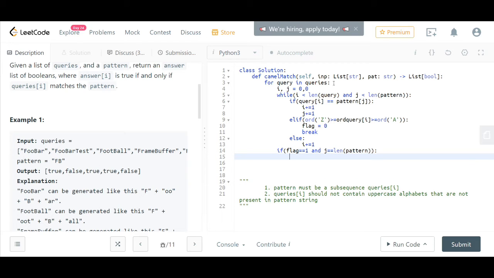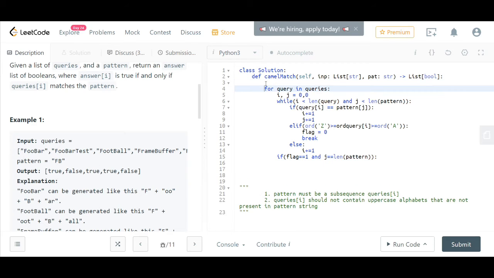Initially, let me quickly initialize the flag pointer to 1 so it's a bit more clear. Yeah, if you can see now, initially we have initialized the flag pointer to 1, and if we complete this loop, that means at every possible case we have seen this query of i is equal to pattern of j, and we have completed looping through this pattern, right?